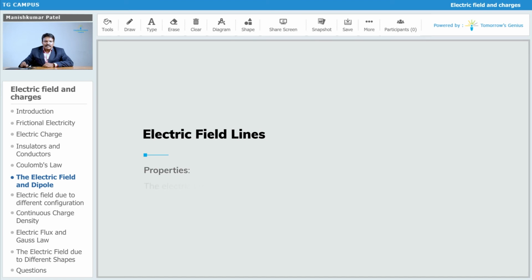The next one: the electric field lines contract longitudinally. If the magnitude of your charge is more, I can show that these are the electric field lines, with the direction I have shown over here. Similarly, in this way you can show it in this direction also. Now they are getting contracted. When they are about to reach that minus q, they contract towards each other and try to get towards that minus q. So that's why they get contracted.